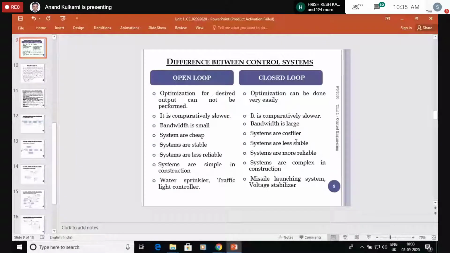So it has one lookup table. It will determine what percentage of the clothes are cotton and what percentage are polyester. That also it will do by some rough method. For example, if you see a top loading washing machine, I will take that example. If you put in the clothes and press the button, initially it will rotate 2-3 times.